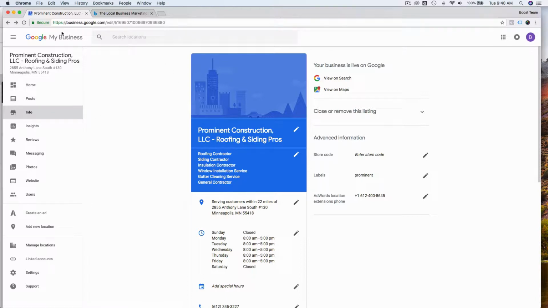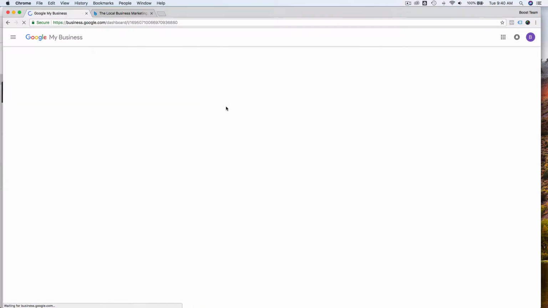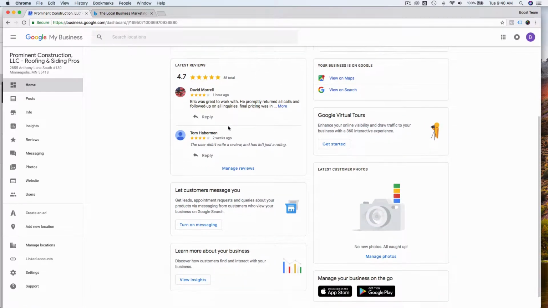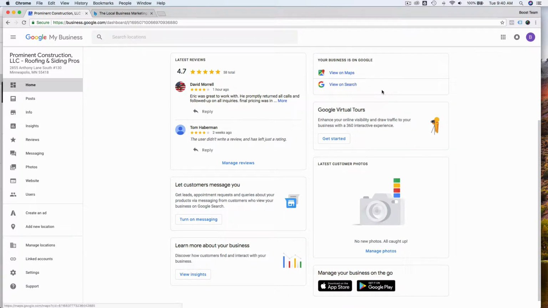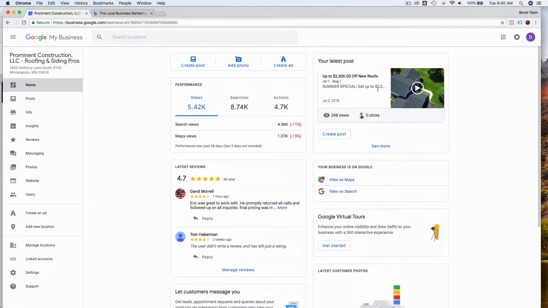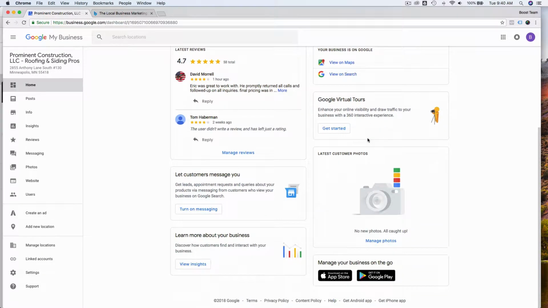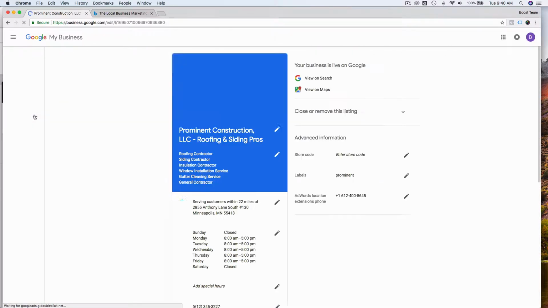So that said, if you log into business.google.com, you can go to your dashboard. This is what it looks like on the home page. You're going to see your reviews. You're going to see insights, performance. You're going to see your latest posts that you can create, and I'll show you how to do all that stuff in a second. And then if you go down on the left-hand side where it says Info,